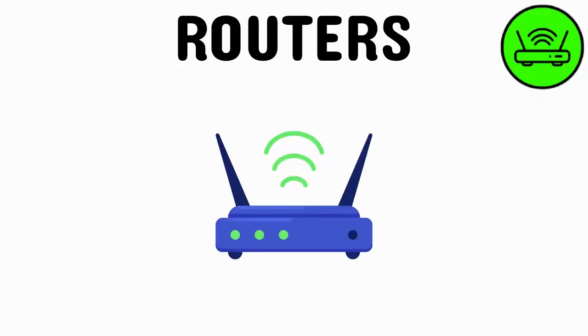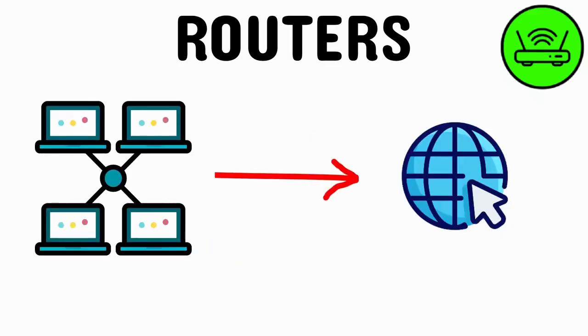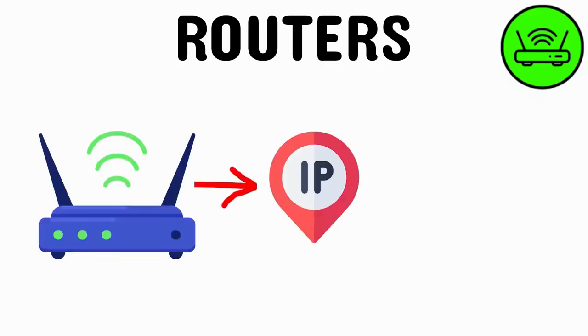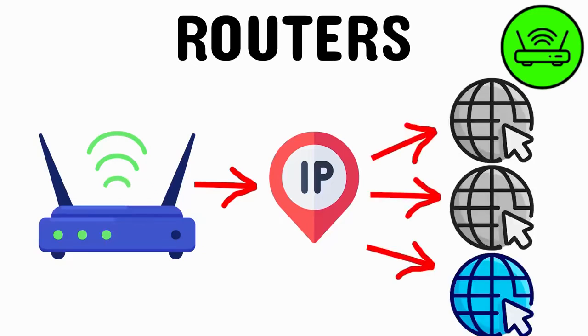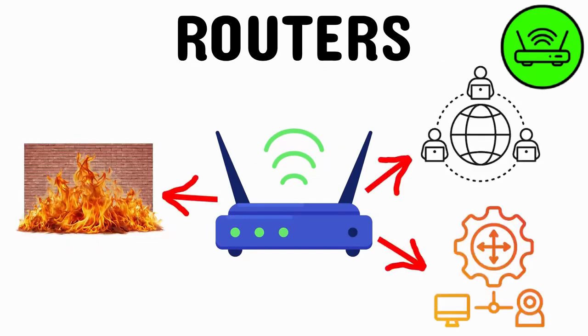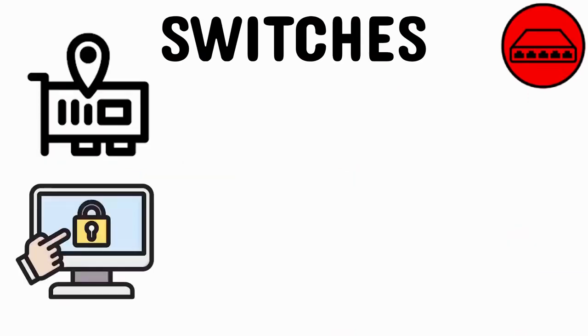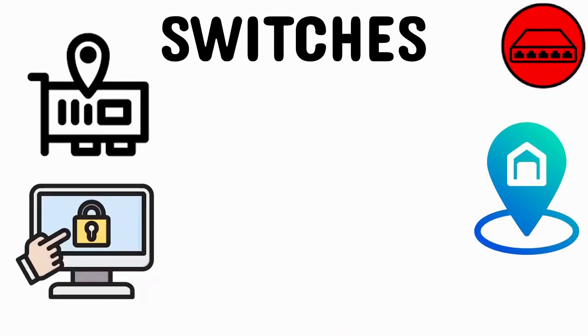A router is a device that connects different networks, such as a local network to the internet. Routers use IP addresses to determine the best route for data to travel from one network to another. They also provide additional features like firewalls, NAT, and DHCP services, and ensure devices on different networks can communicate effectively. A switch connects multiple devices within the same network and uses MAC, media access control, addresses to forward data to